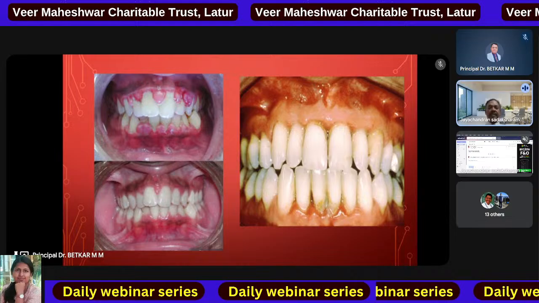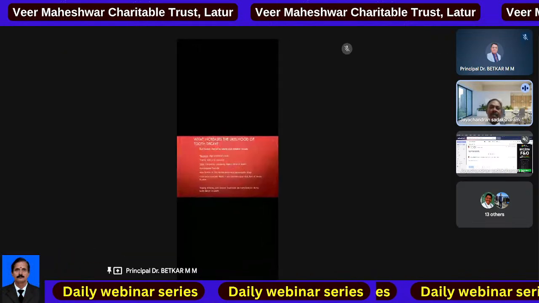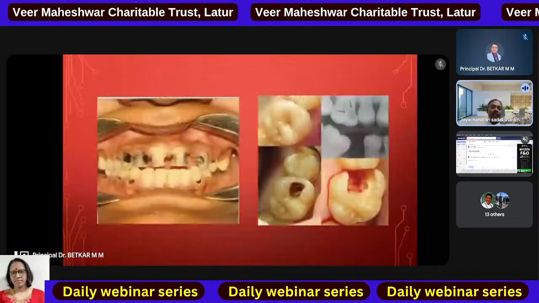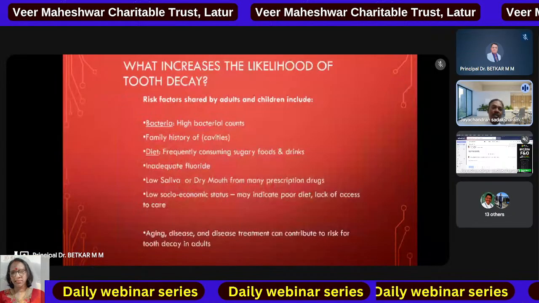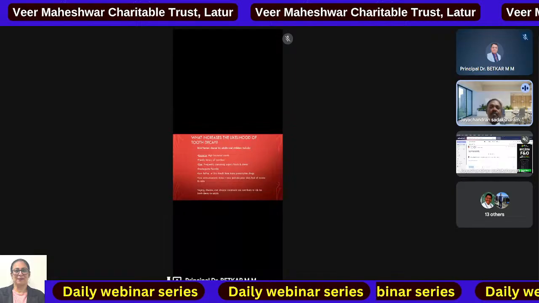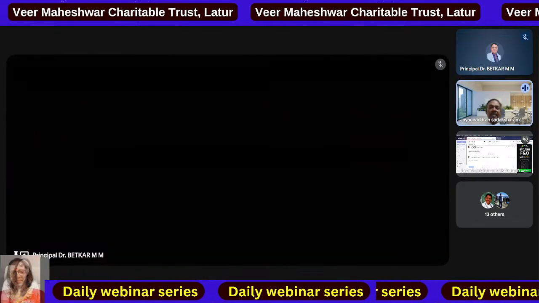Gingivitis, in simple terms, is the inflammation of the gum. It's a very common finding seen in our Indian population, a redness of the gingiva which easily provokes bleeding. Simple brushing can also induce bleeding. This is called gingivitis. In untreated cases, when it is non-destructive it is gingivitis, and when the underlying supporting structures are affected, it is called periodontal disease.